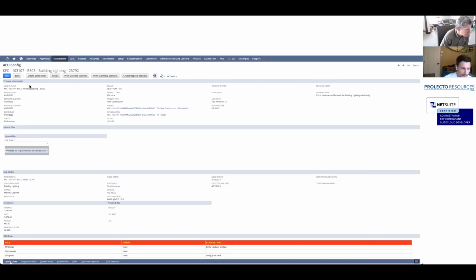Before it gets expired, even though costs went up, you honor whatever cost you put on the quote, and you convert it to a sales order. But if it's expired, then for this client, we force it: you have to recalculate the config. You don't have to create a whole new config. The only thing you do is hit that recalc button.